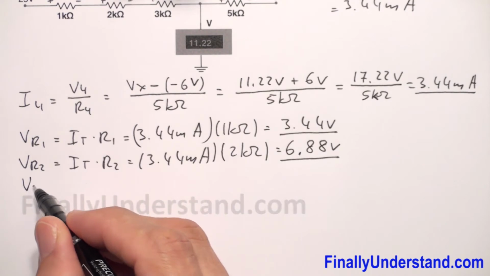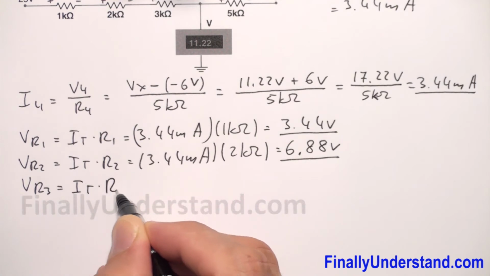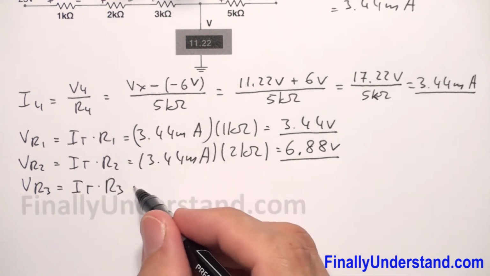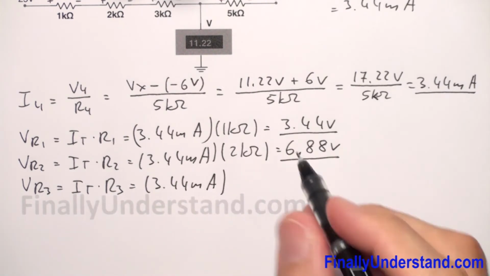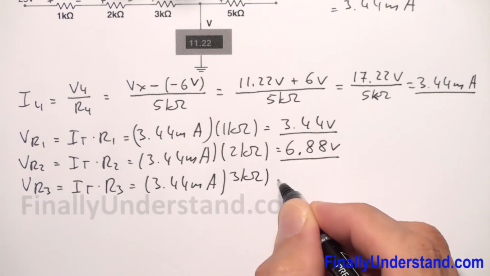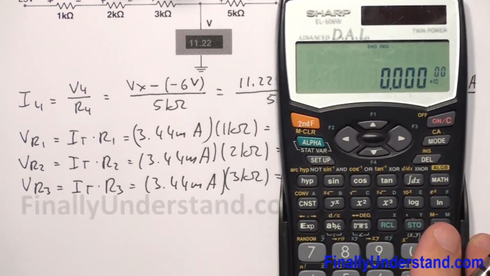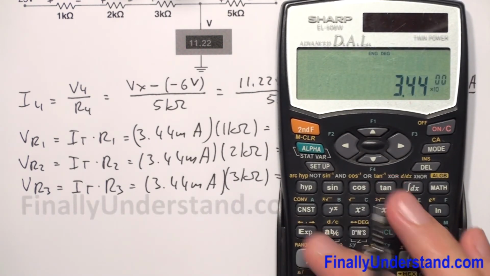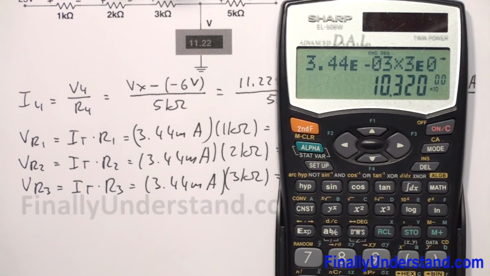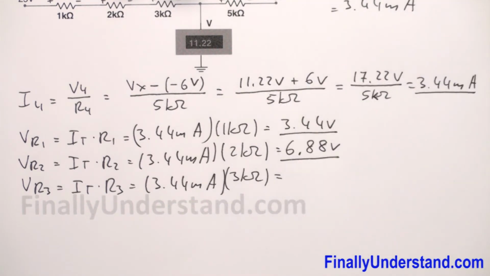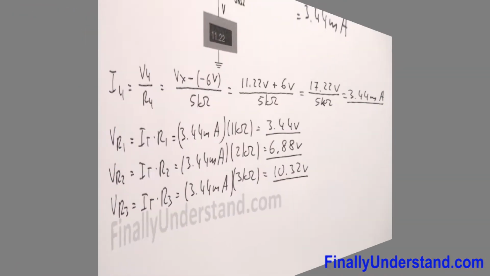So VR3 is equal to I total times R3. You can also use I3 times R3. This is equal to 3.44 milliamps times 3 kilo ohms. This is 3.44 exponent 3 negative times 3 exponent 3. This is equal to 10.32 volts. Now I have to verify